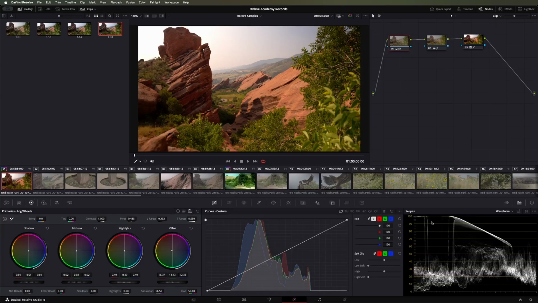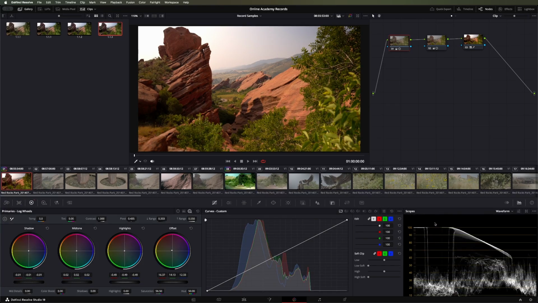The reason these scopes are so important is because unless you are in a color facility with color calibrated screens and monitors all around you, you may not be seeing the colors accurately on your screen, especially on a Mac and some of the really high def and deeper HDR monitors that we have today. They can show more than what's typically going to be broadcast or on your screen. What a lot of the codecs, especially on like YouTube and Facebook, are going to show. So that you may be able to see details on your screen up in this region above 100 up here,